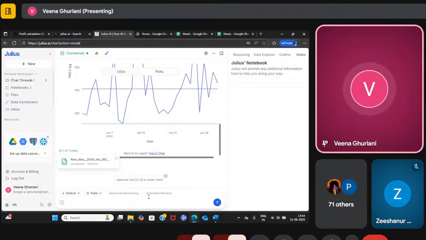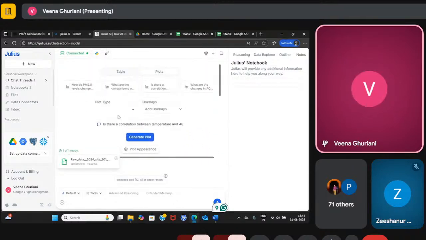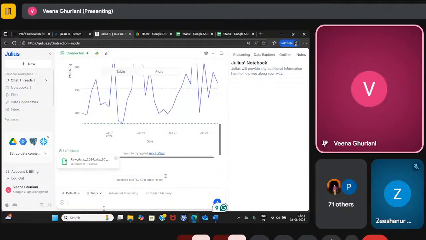I'll put it in the prompt instead. That will be better. I am saying plot a correlation heat map